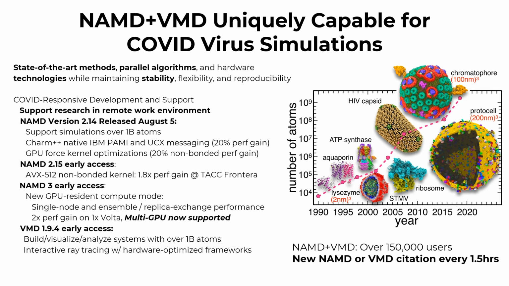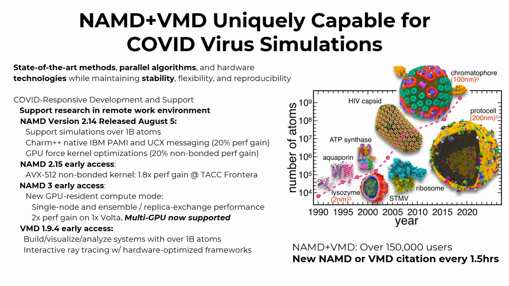Some example innovations that had an impact on this project included significantly expanded support for biomolecular systems of up to 1 billion atoms. We've also added support for hardware-native, low-level message passing systems such as PAMI on Summit and UCX on Frontera. This gives NAMD about a 20% performance boost over portable MPI-based communication. Working with NVIDIA engineers, we've incorporated optimizations that sped up the non-bonded force kernel by up to 20%, and as a result of a new collaboration with Intel, we've incorporated a new AVX512 non-bonded force kernel that yields a 1.8x overall speedup for NAMD running on TACC Frontera.